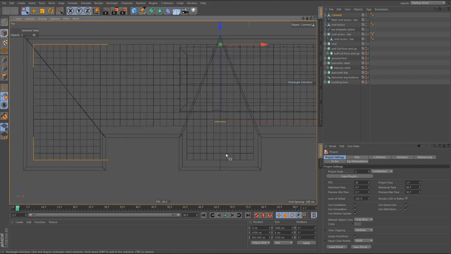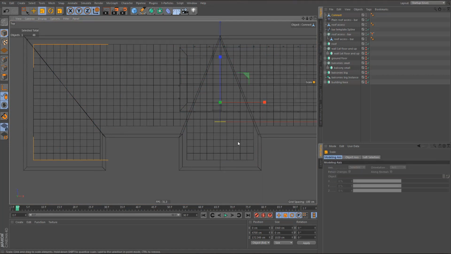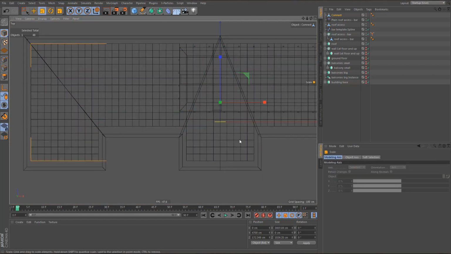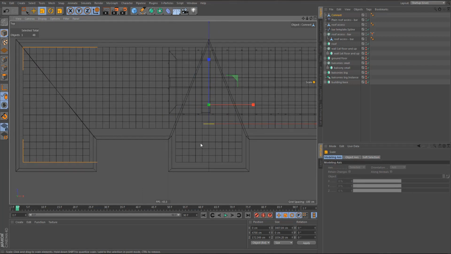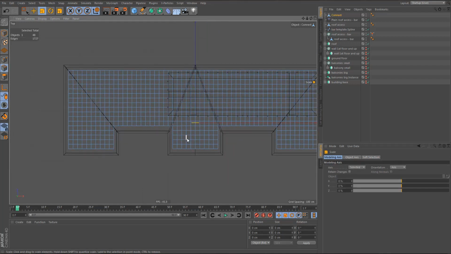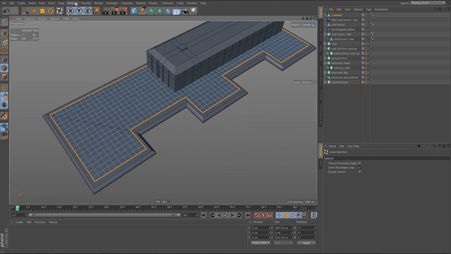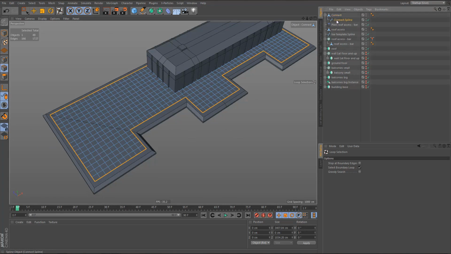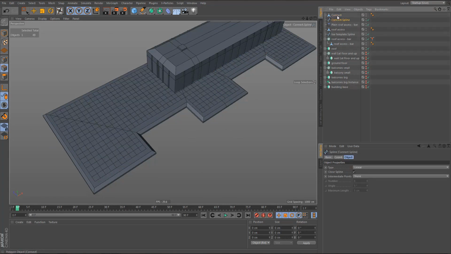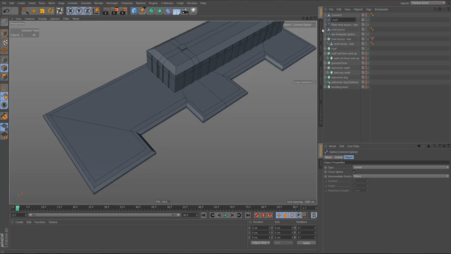Next, what I'll do is I'll go to model mode and I'll center the axis on this object, and then I'm going to scale it a little bit to maybe about here. And then what we can do is use the loop selection tool and select the outline of this object. And I'm going to use mesh commands edge to spline to create the spline that I need. And I'm going to hide this for now. I don't think we'll need this again, but I'll keep it just in case. And this one I'm going to call roof